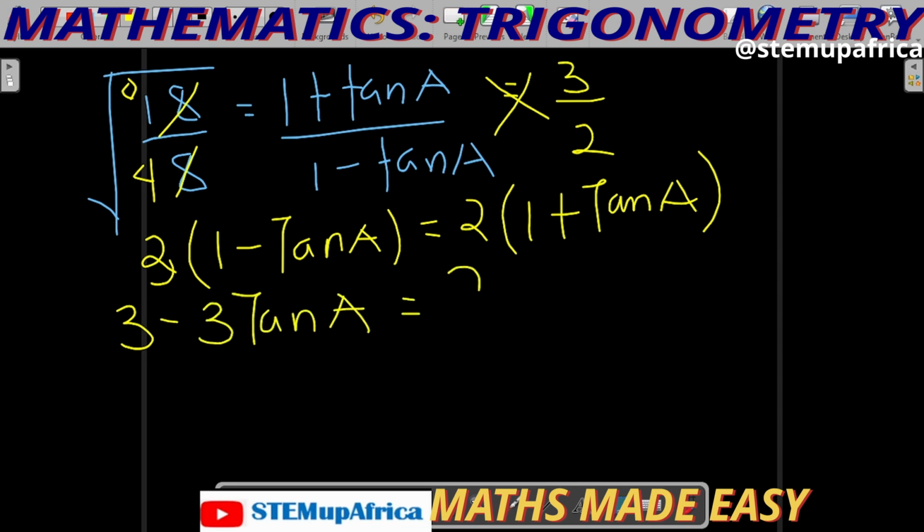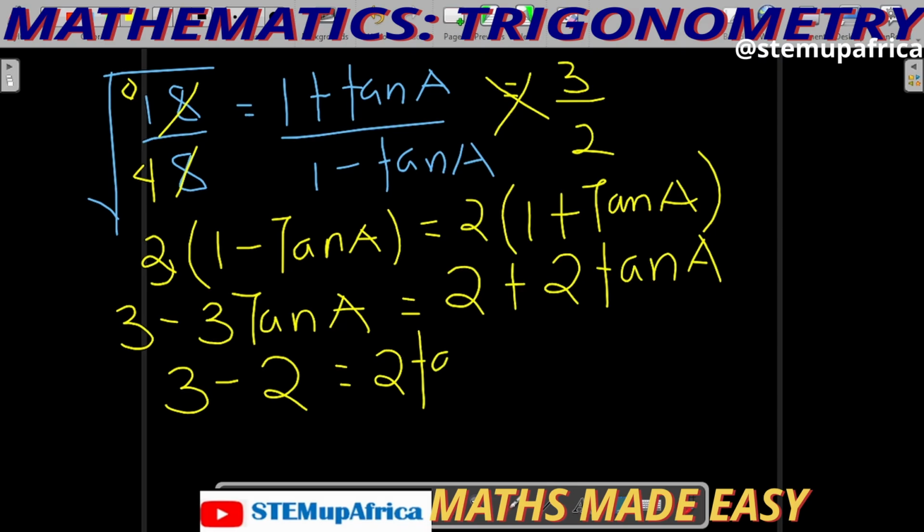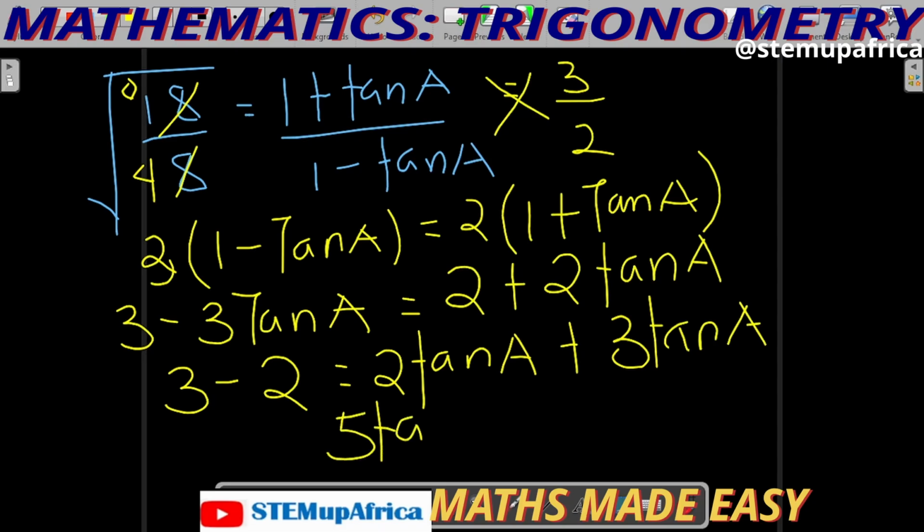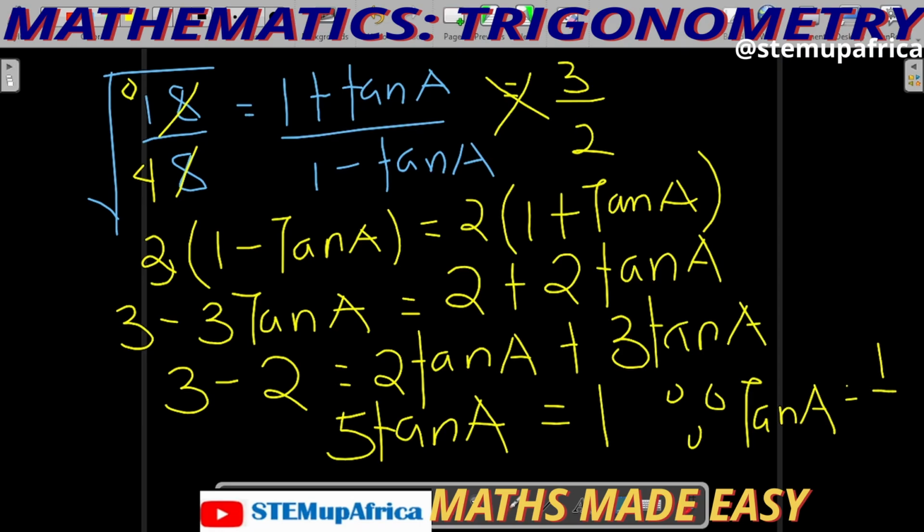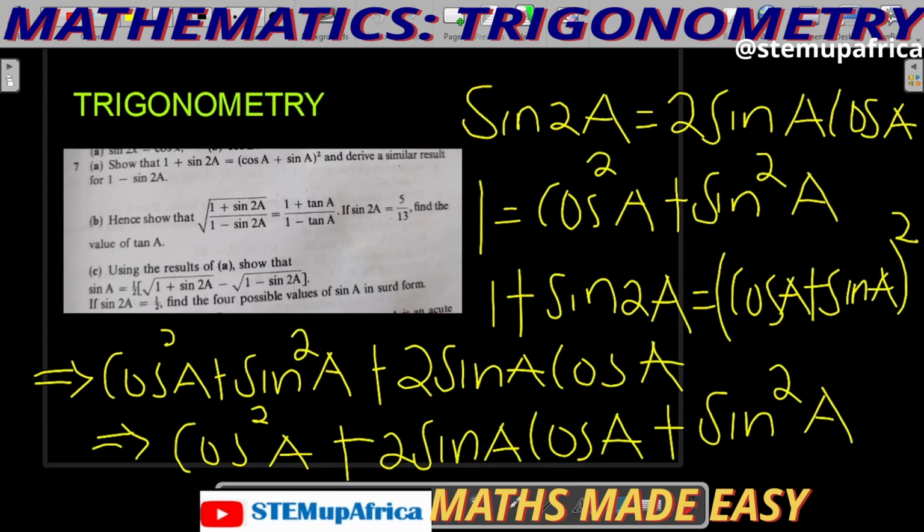If I put the bracket, I'm having 2 plus 2 tan A. So to find tan A, I will simply collect like terms. I'm having 3 minus 2 equals 2 tan A plus 3 tan A. If I sum up, I'm having 5 tan A from the right hand side equals 1 from the left hand side. Therefore, my tan A is simply 1 over 5. That is the solution to the question. So that will take us to question